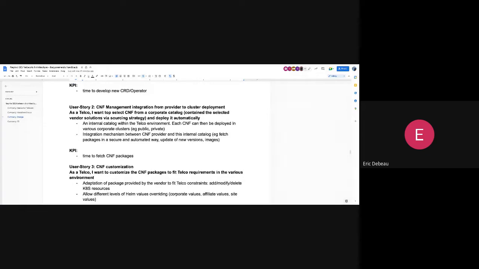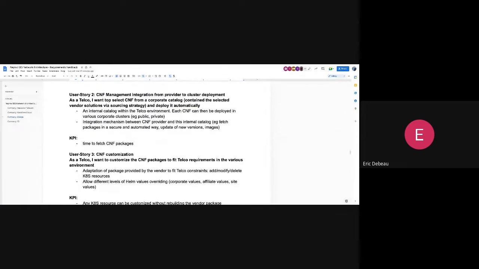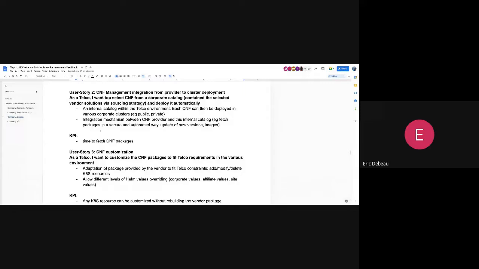The second one is a little bit like the one from Vodafone. We want to facilitate the way to get the various CNFs from the different vendors into our internal corporate catalog. Like Vodafone, we have many affiliates who would like to have a corporate catalog where we can reuse some artifacts and some generic configuration.